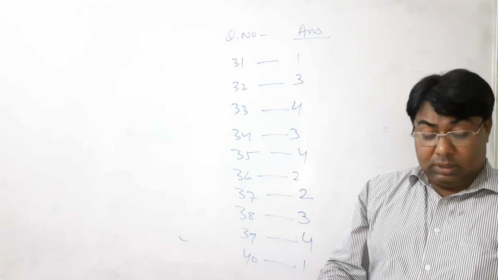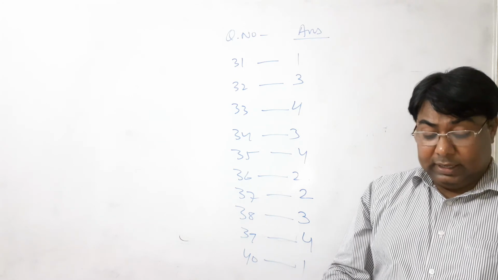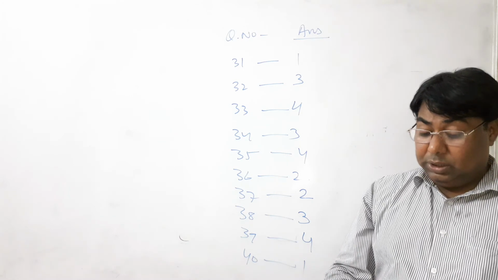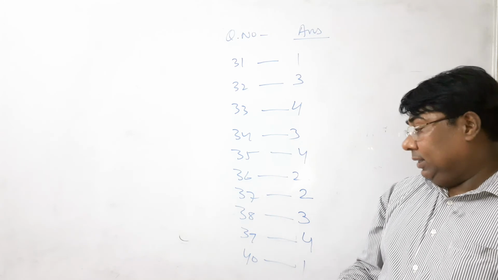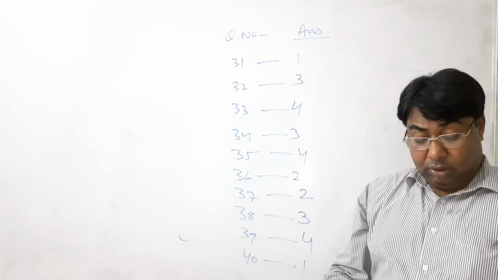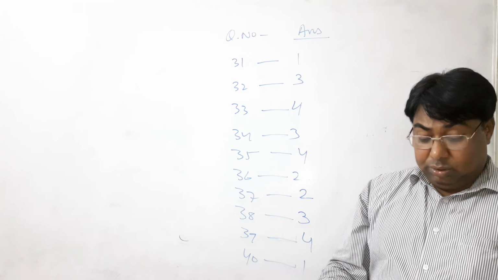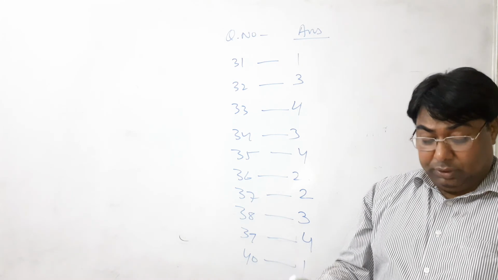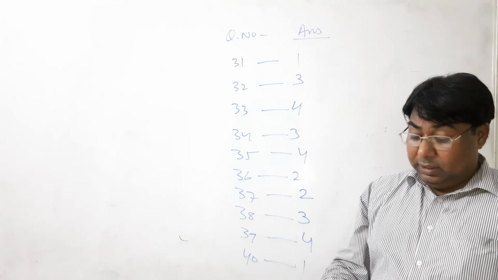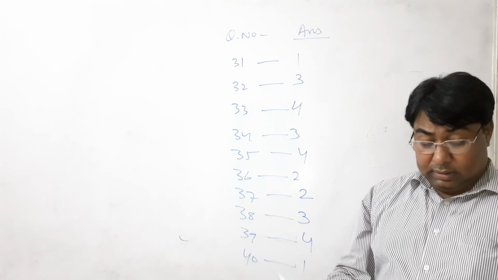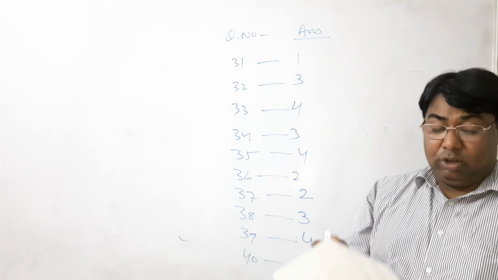All of you know. Now for 36, the relative lowering of vapor pressure is equal to the ratio between the number of solute molecules and the total molecules of solution. For 36, option number 2 is correct. All of you know the definition. The difference between the electrode potentials of two electrodes when no current is drawn through the cell is known as cell EMF. All of you know.